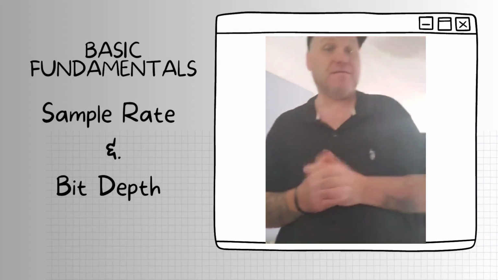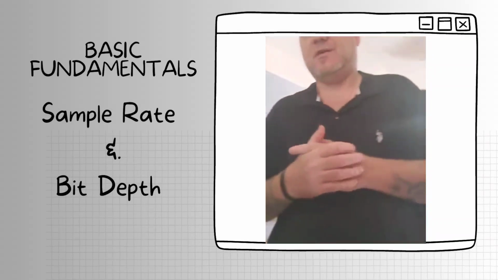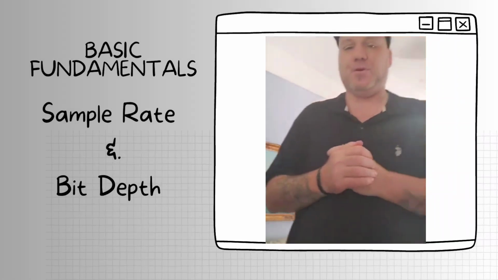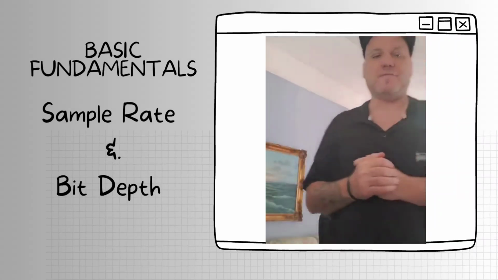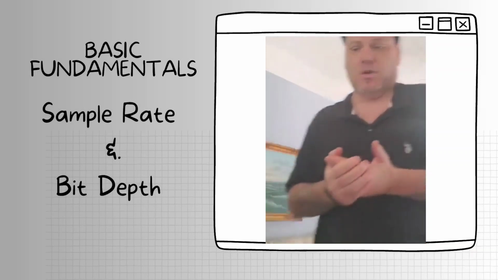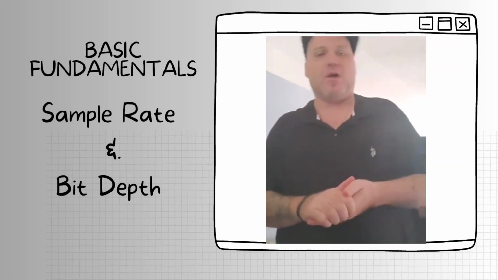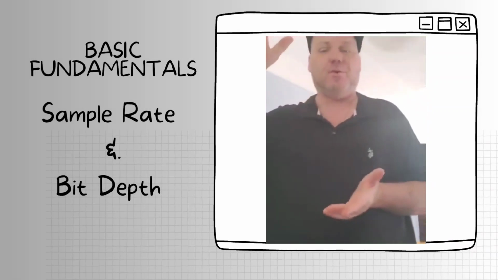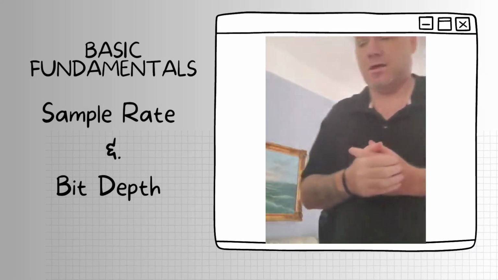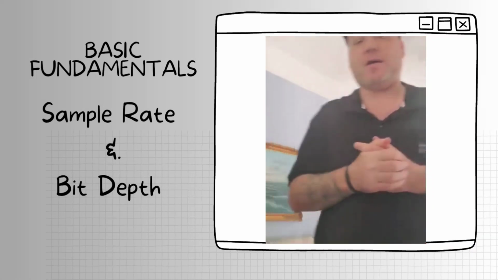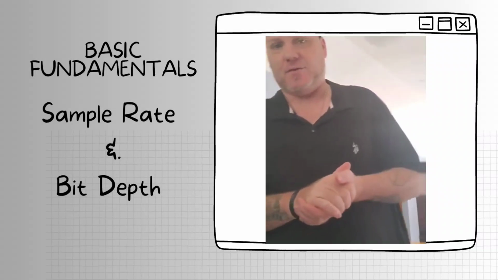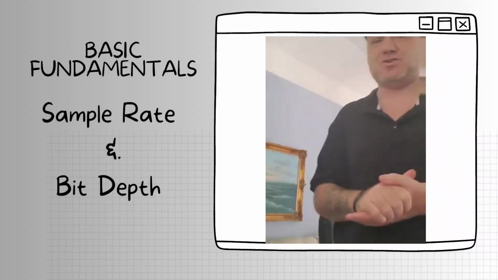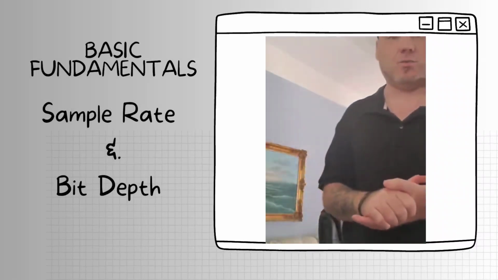Now, some people ask, what about downsampling? Well, there's something called the Nyquist theorem. The Nyquist theorem states that the highest frequency that can be reproduced when sampling is 1/2 of the sampling rate. What does that mean? When you have to convert, it's best to go down by half. For example, half of 88.2 is 44.1. We have 96 kilohertz, and if you go down by half, it is 48K. So if you're going to have to go down, it's best to go down by half. The conversion is going to happen a lot easier that way